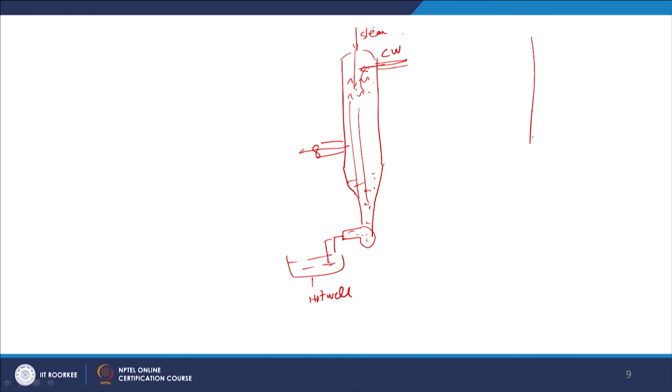Why? The reason being, suppose again we go to this temperature entropy diagram, 1, 2, 3. Now, we want steam only up to state 3, because when we increase the pressure it will automatically become subcooled. But if the steam is left here, it is a two phase mixture, okay, that will drastically reduce the efficiency of the pump, or in fact two phase pumps are not available. Pumps are designed for single phase, that is water. So, if it is left here, it will become very difficult to operate the plant.